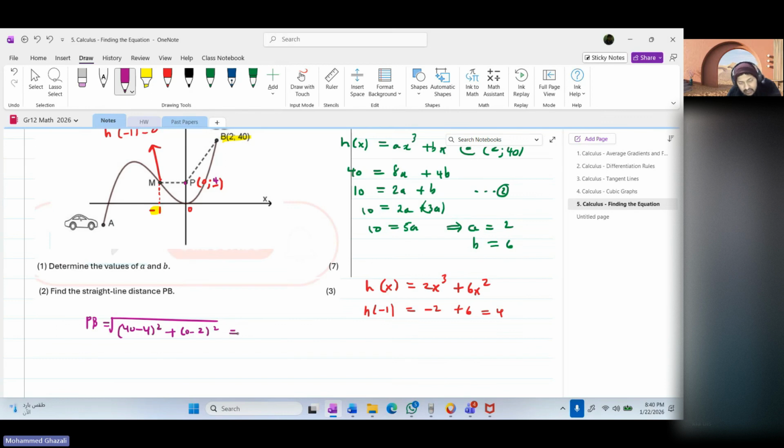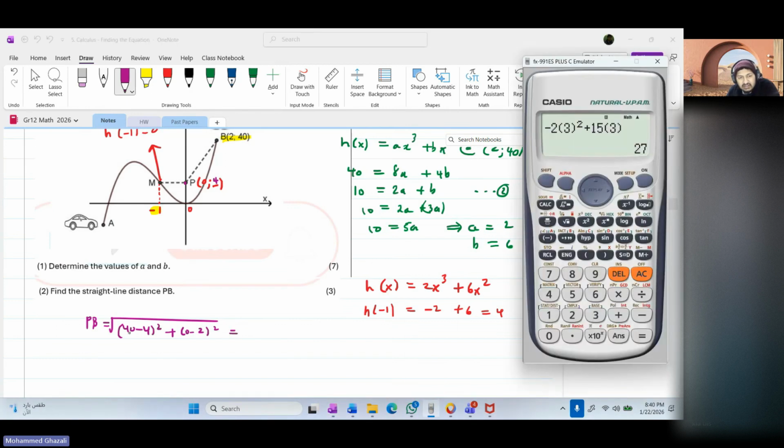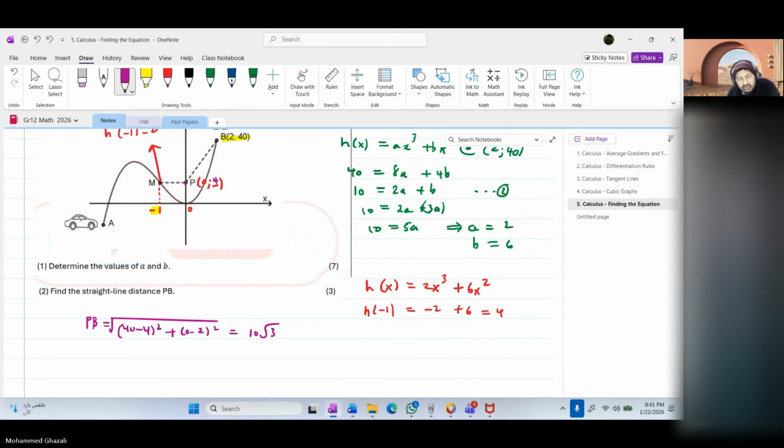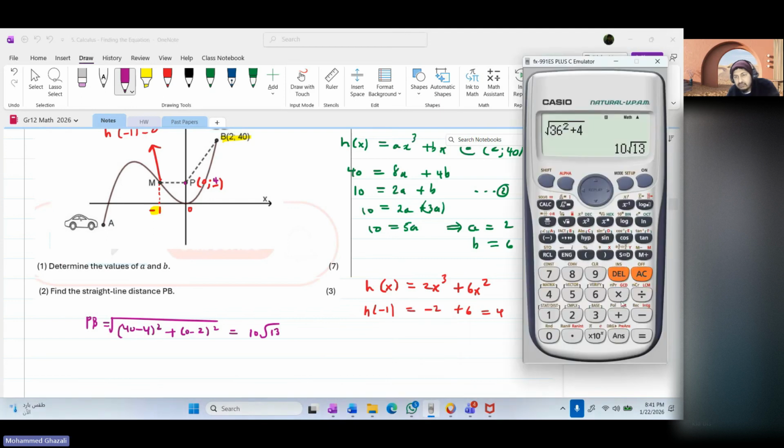So 40 minus 4, you can just use a calculator and get this, because that's 36 squared plus 2 squared. 10 root 13. 10 root 13, or you can use decimal values,